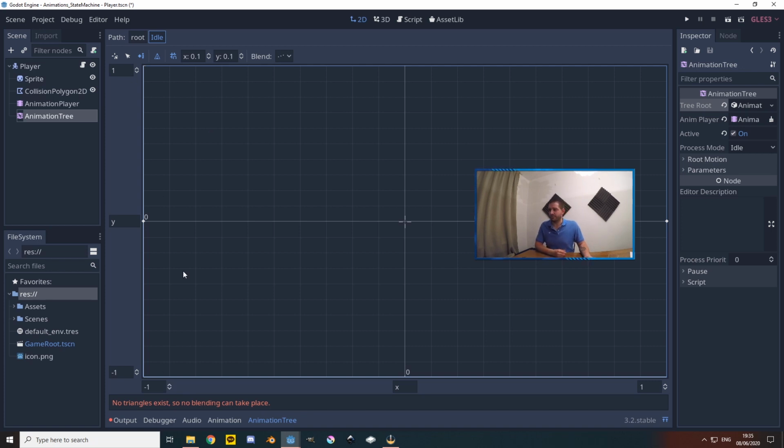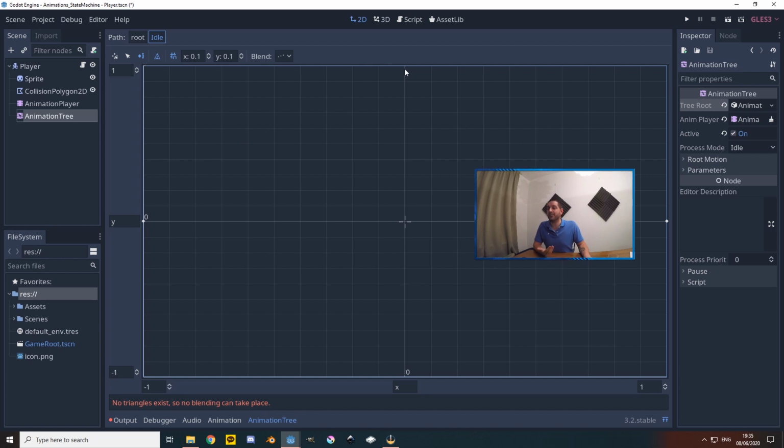this is actually inverted. As you know, when you move down in a 2D space, when you move down in Godot, the Y increases. But here the Y increases when you go up. As you can see, this is the positive Y and this is the negative Y. So you have to change that around. It's very counterintuitive, and as far as I know, there's no way to change that. If anybody knows how to change that, please let me know in the comments.